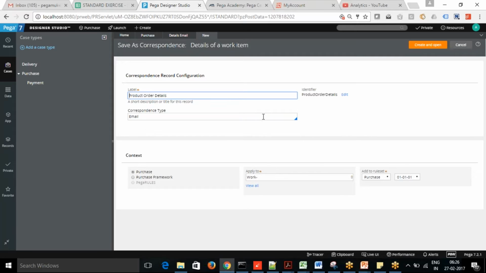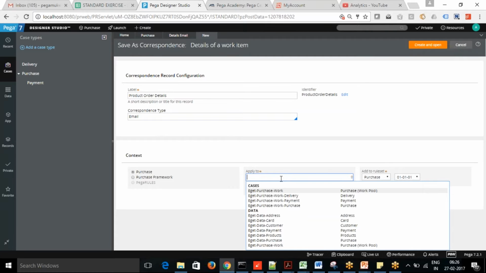Fine. And here you can see that you have different types of communication: email, fax, mail, or phone text. Currently we are going with email. You can also change the class to your own.